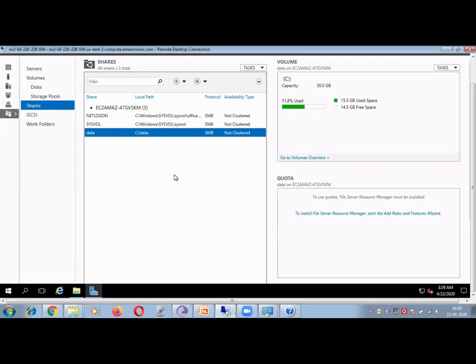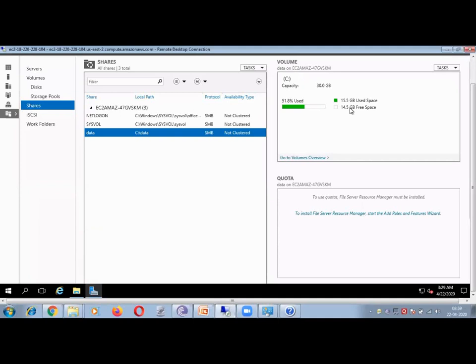Now you see that in this particular folder, everyone can store data up to 14.5 GB. So you as a single user can store this much data, but this is not good because this is the total capacity. You want to give each user, let's say, only a 100 MB quota or maybe a 10 GB quota.